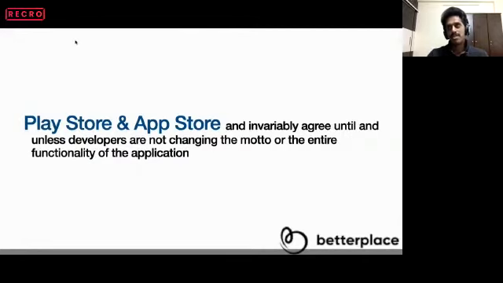The weirdest bug I saw was that it worked on all the Google phones, but on certain mutated Android phones, things were breaking. In OnePlus we got that, and in Oppo, the alignment issues, the touch sensitivity issues. These types of things can be tackled using air updates. That's what they allow. So if you're not changing the entire mode of the application through air update, that is fine. Even if you do, it still works. But whenever these people get to know, they can act against you based on these policies. So that is one thing you need to be